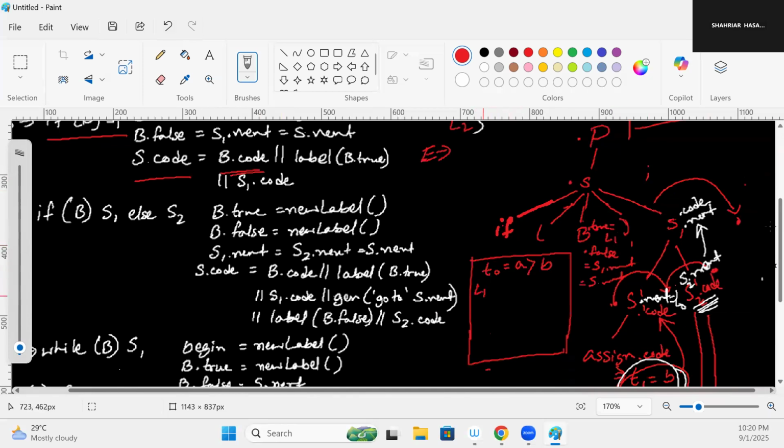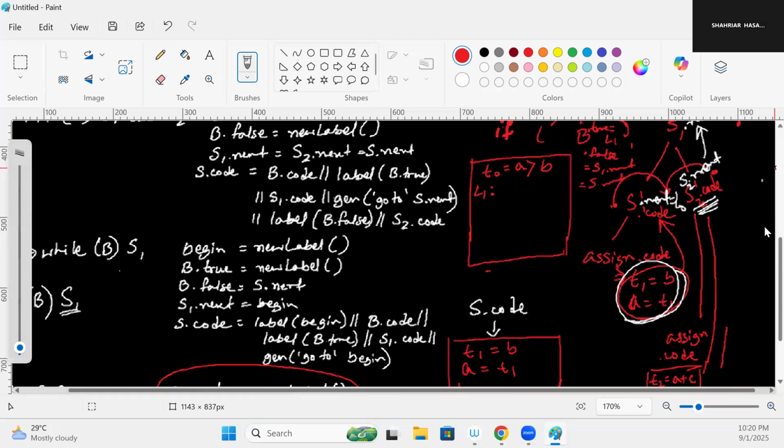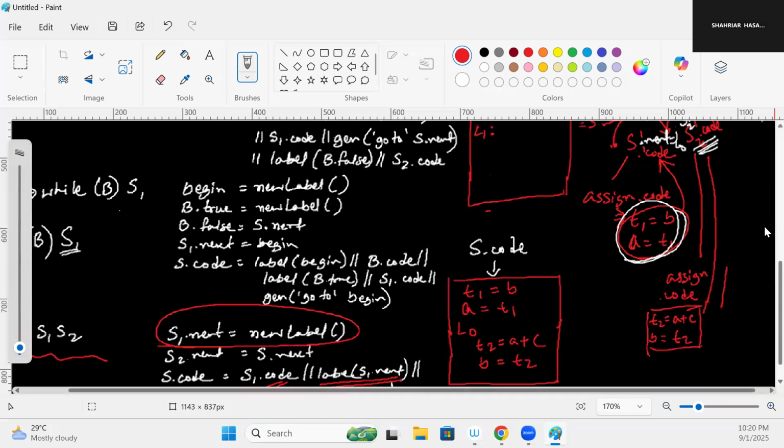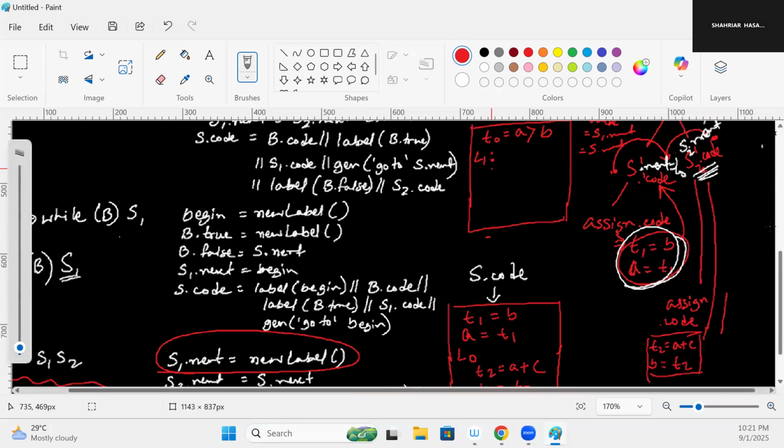So now we have L1, and for simplicity, let's place a colon beside it to mention that this is the label. So L1, and with that, we have S1.code. So S1.code is basically this: T1 equals B, A equals T1,